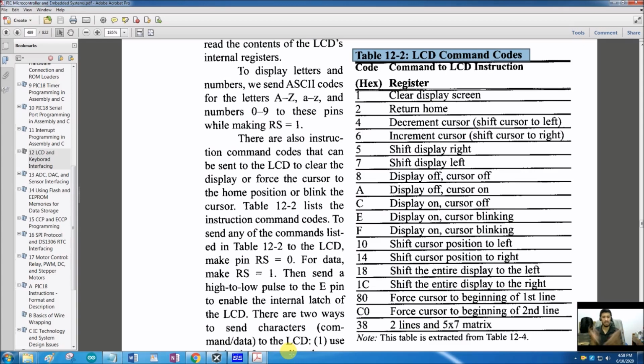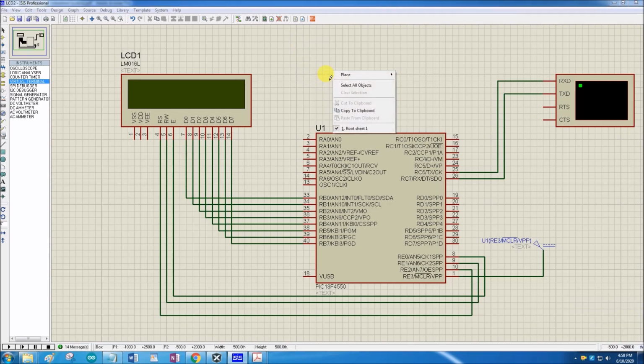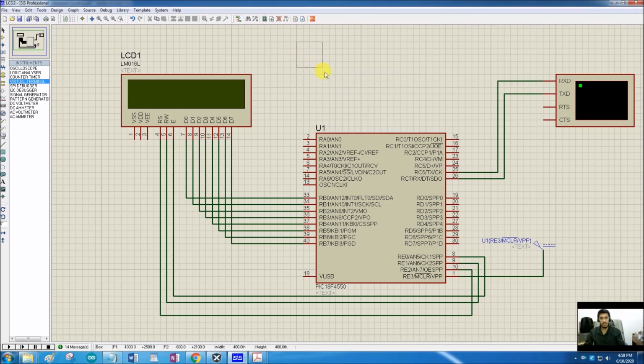Similarly, a 20x4 LCD means there are 20 characters in each line, and there are 4 lines of 20 characters. So here we have an LCD of 16x2. Then each character is further something similar to this highlighted portion here. There are multiple dots that make up one character.